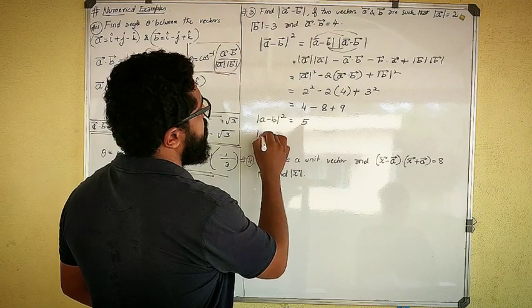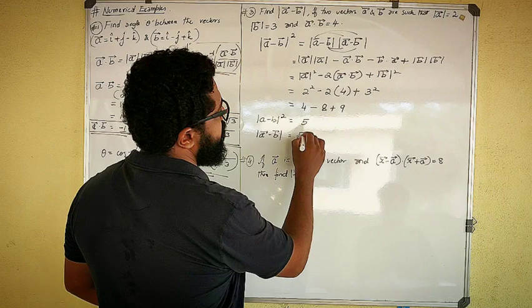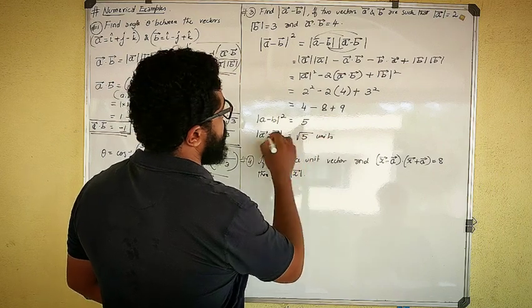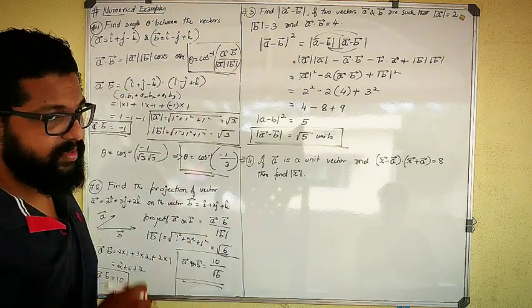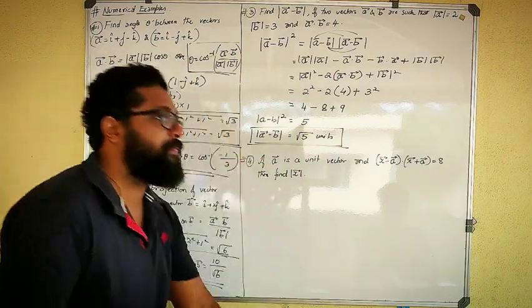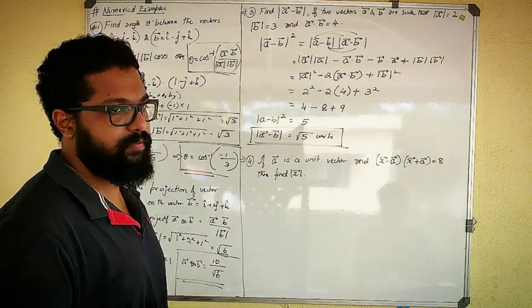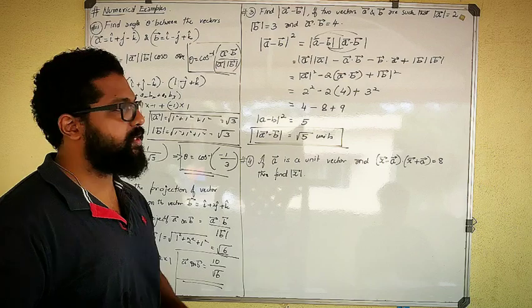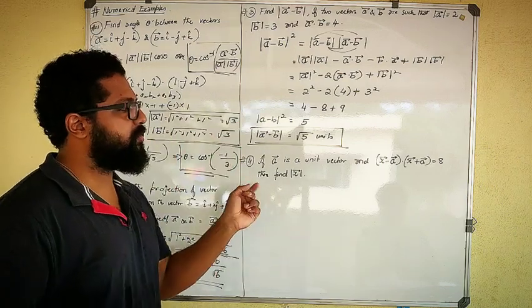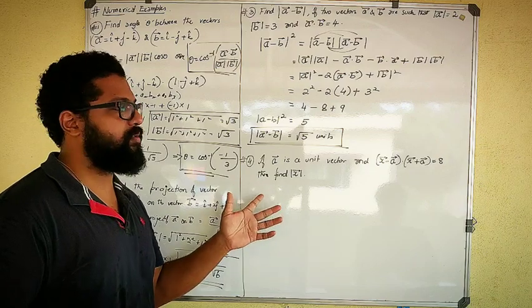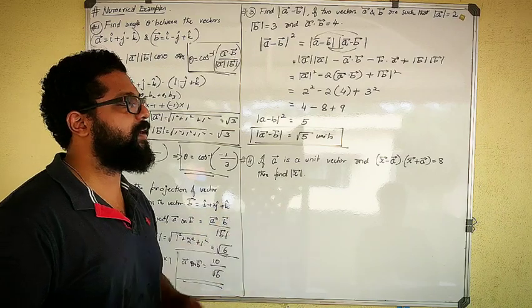But they are asking me what is the magnitude of A minus B. Correct? Magnitude of A minus B is root of 5. So this is the answer for this question. Clear? So this is just a mathematical calculation, not much to do with the vectors. So this type of question also will be asked. The same type is another one. This question I have seen in a few question papers. So make sure you understand both. This is the most commonly asked, I think.